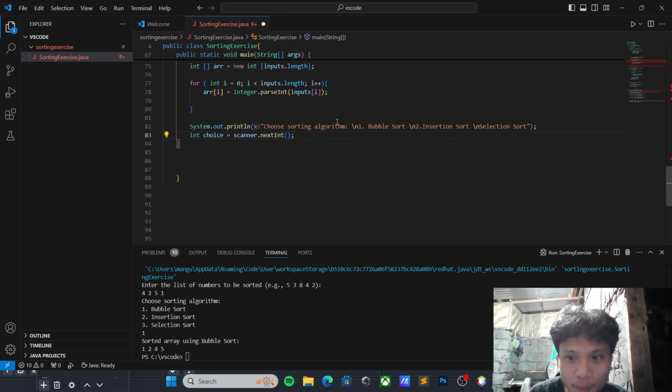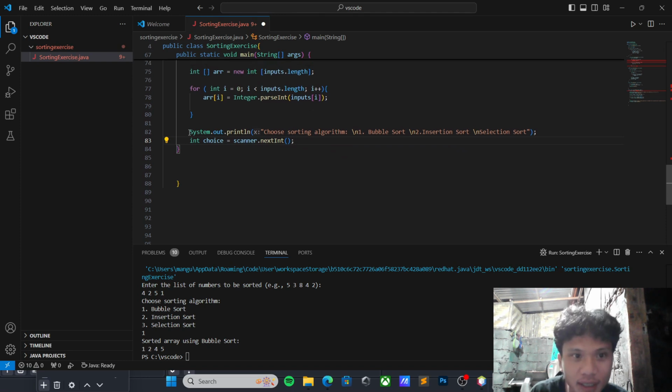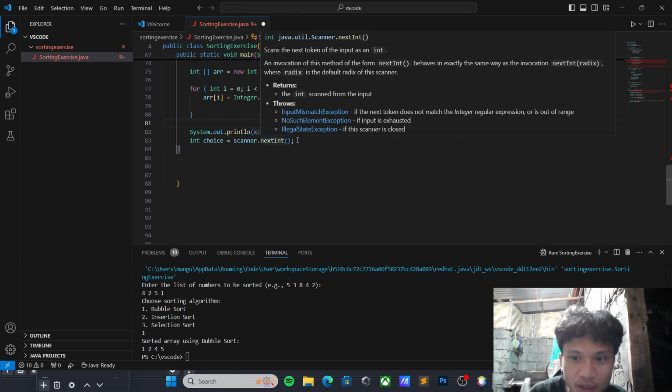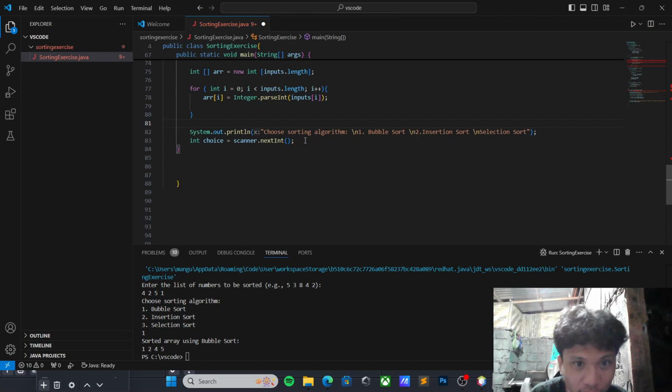As the program prints a message asking the user to choose one of the algorithms, it reads the user's choice as an integer, whether it'll be 1, 2, or 3. Then lastly, we have to create a switch case.